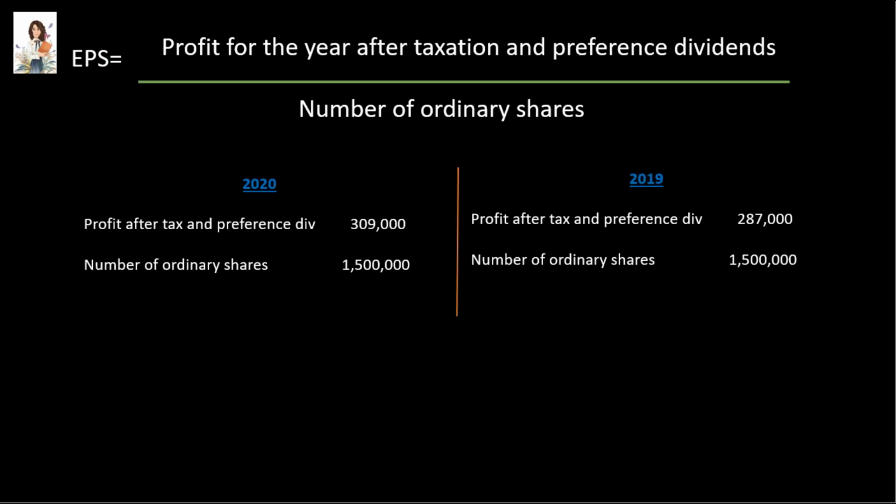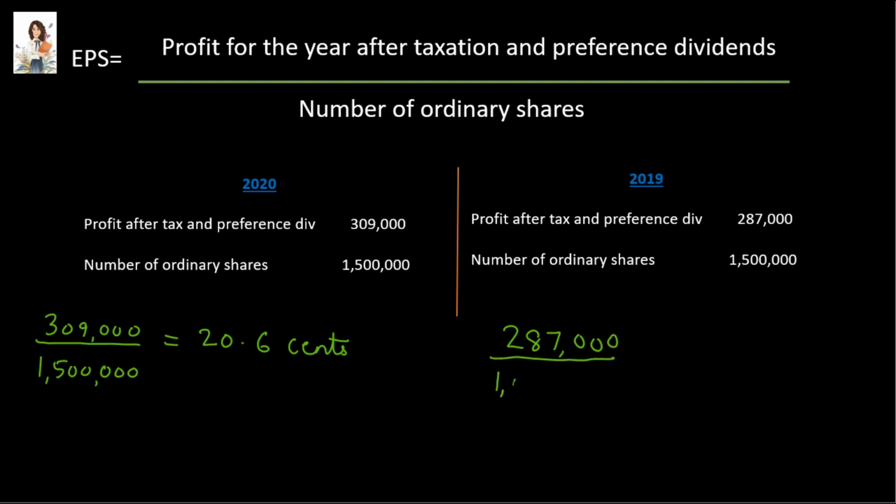The profit after tax and preference dividend is given to us for 2 years and so is the number of ordinary shares. So the EPS in the year 2020 will be $309,000 upon 1.5 million ordinary shares. That gives us an EPS of 20.6 cents in 2020. And in 2019, it will be $287,000 upon 1.5 million ordinary shares. That means EPS in 2019 was